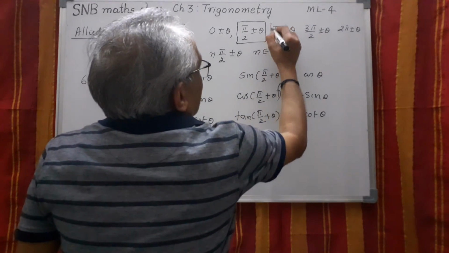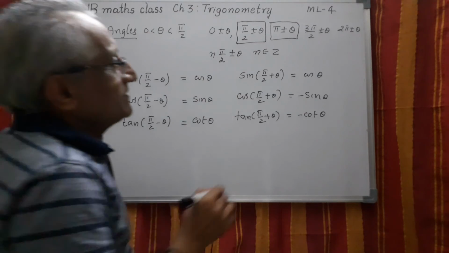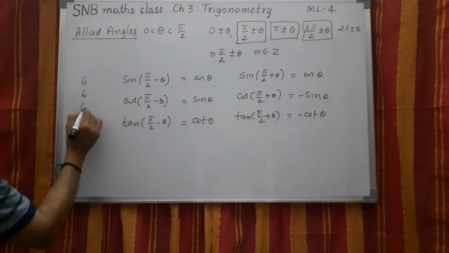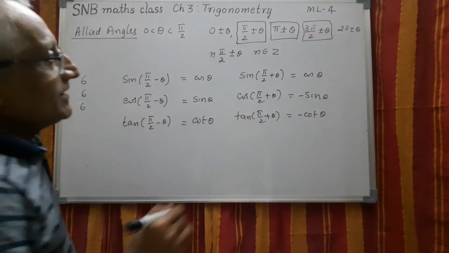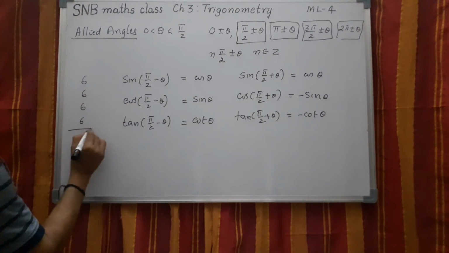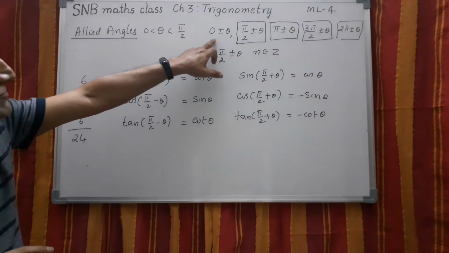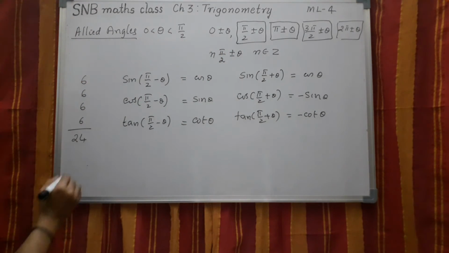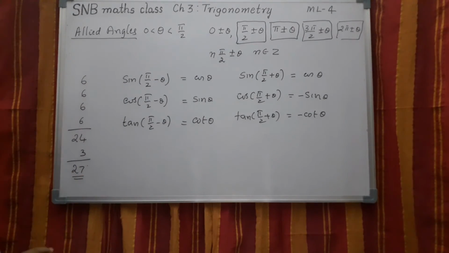6 different rules. So that is one set. If you take this once again, 6 different rules you will get. If you take this one once again, 6 different rules. Because for 3 plus 1, 3, and for minus 3. And for this one, totally, once again 6. Total it is 24 formula. And with this one more is there actually. 0 plus or minus. Plus no problem. Minus. So 3 rules. So totally 27 formula you have to remember.